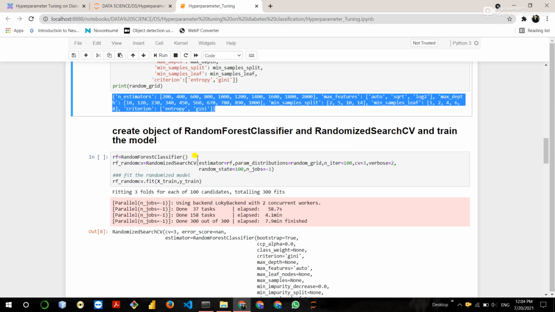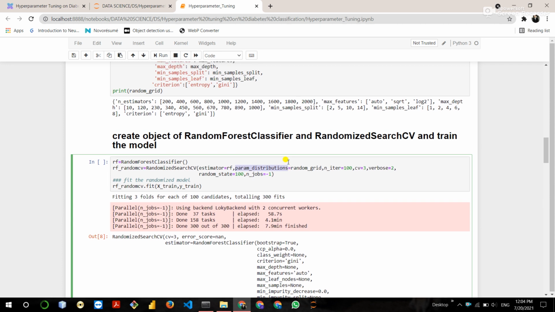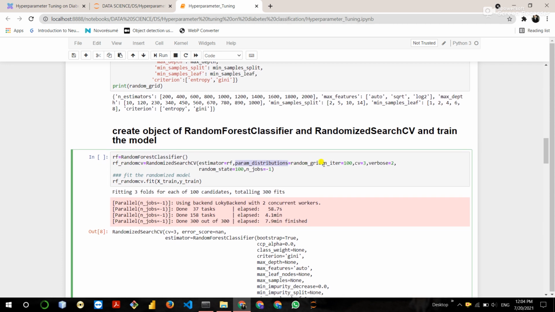Now create the object of the random forest classifier and randomized search CV. Randomized search CV takes some parameters like estimator. Estimator is our model. Param distribution is our dictionary which contains the parameters of the random forest classifier. Then n iter is 100 and CV is equal to 3.